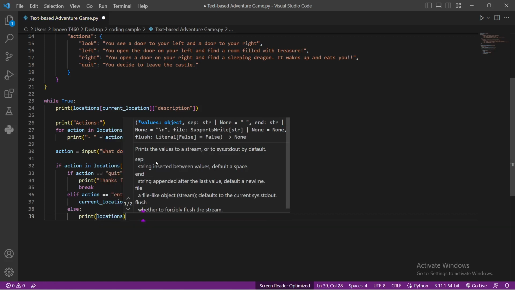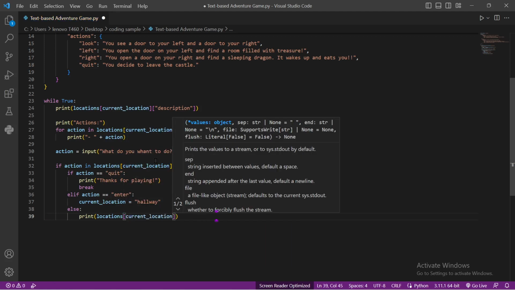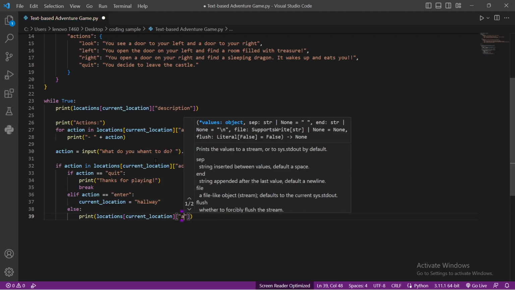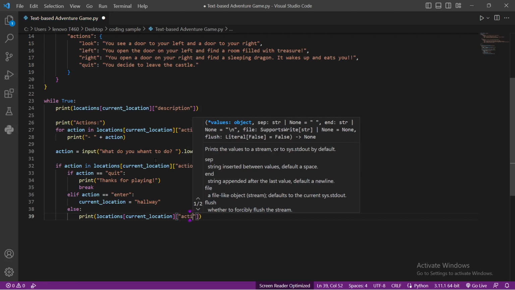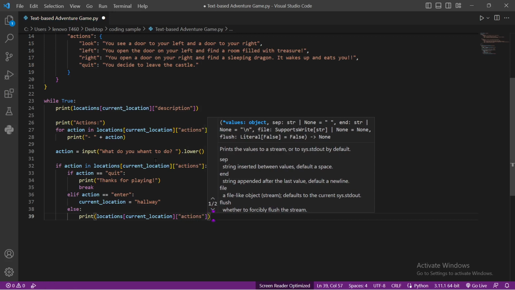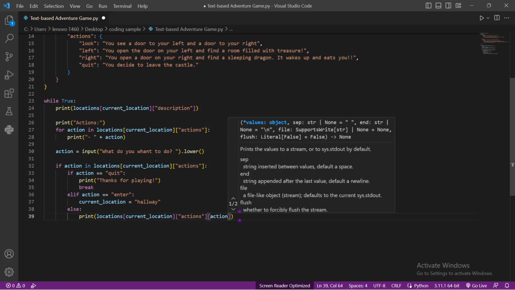Now locations, okay, current locations, and here will be actions, and let's finish with the action. So now I'm going to check if the action is not valid, and print the error